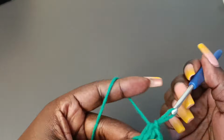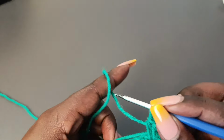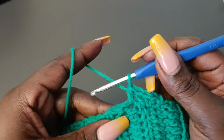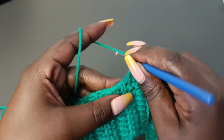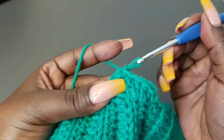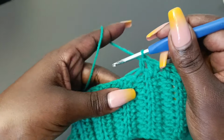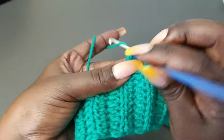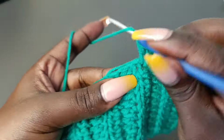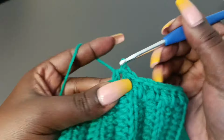and 2. And as you can see, I'm working over this end just to hide it. In the third row, we're going to do 1 half double crochet. In the fourth row, we'll do 2 half double crochets, that is 1 and 2. Then the next row we'll get 1 half double crochet. The next one will get 2 half double crochets. The next one gets 1 half double crochet, then 2 half double crochets, and we're going to repeat this until